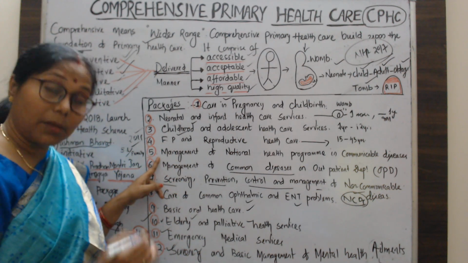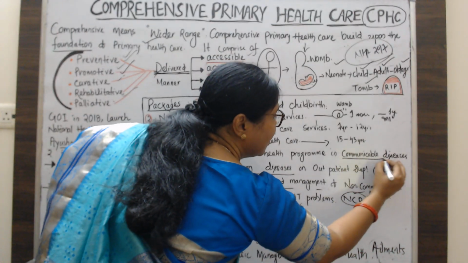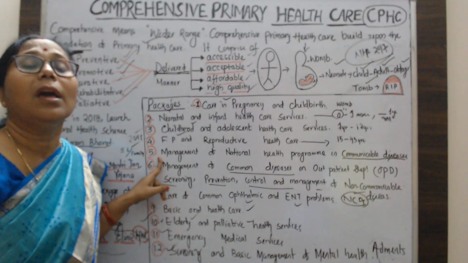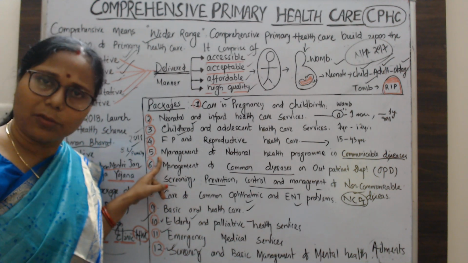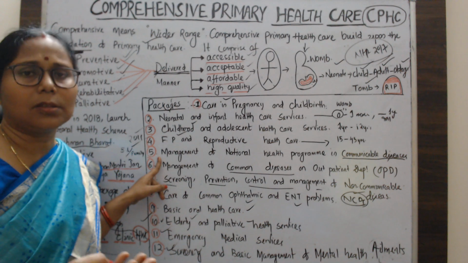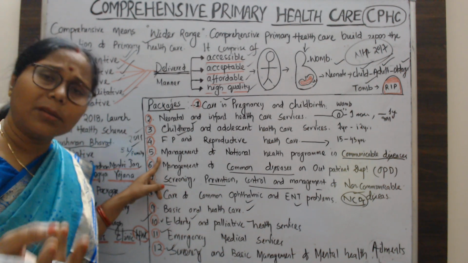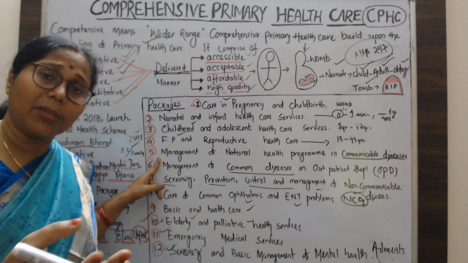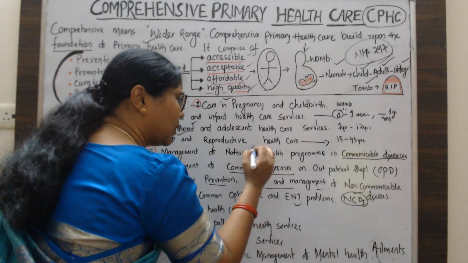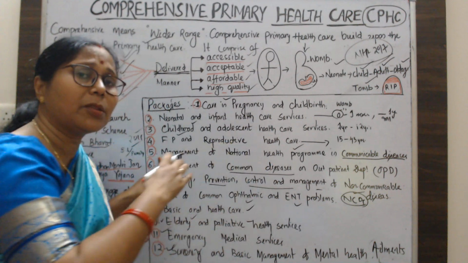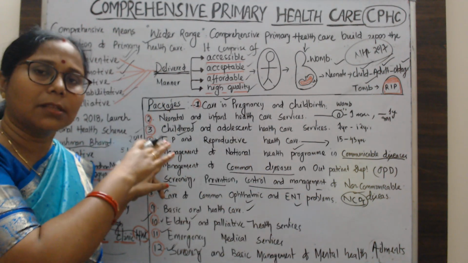The fifth one is the management of national health programs for communicable diseases. A number of national health programs are implemented through the Government of India, like the malaria control program, revised tuberculosis control, iodine deficiency disease control program, and the blindness control program. These programs are going on. So how will these programs be smoothly managed? That also comes under the comprehensive health